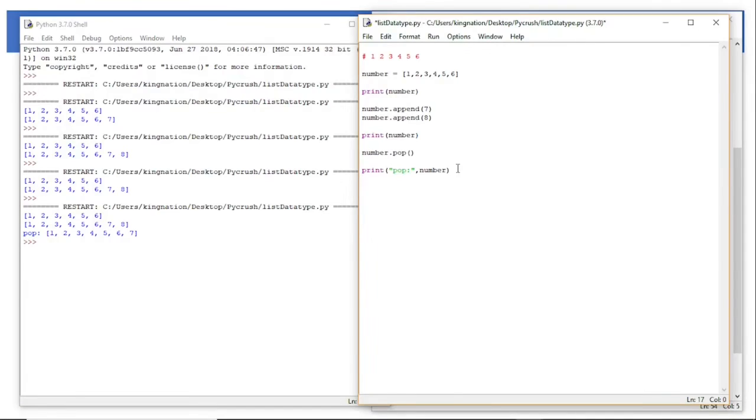Of course, if you have a situation whereby we have another list, maybe num2, maybe we've got here 9, 10, 11, maybe 12. So we can combine it, we can concatenate these two lists. There are two ways basically to do that. The first one, we can use extend. So to extend number